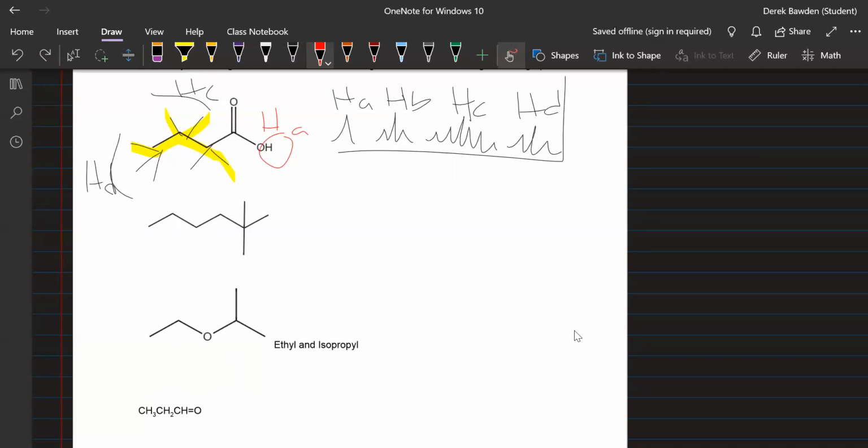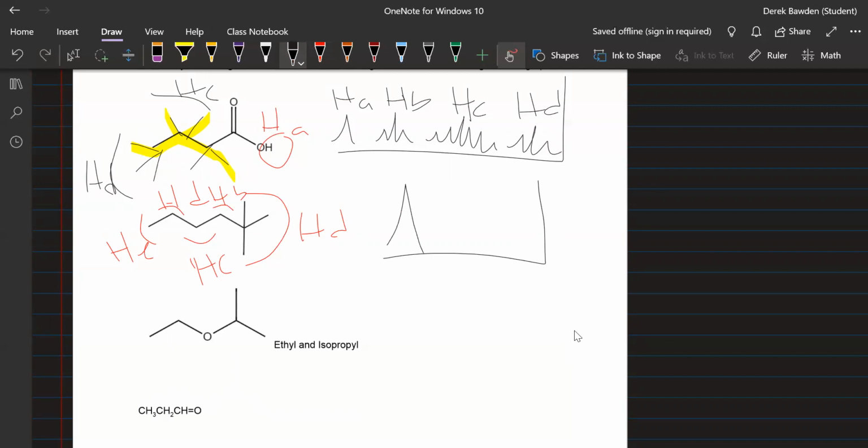So this tert-butyl group, all 9 of those hydrogens at the end of the carbons, they're the same type of hydrogen. So those are all HAs. Then there's no stereocenter here, so these are HBs, HC, HDs, and HEs. And what you want to look for in an H NMR graph is if you see